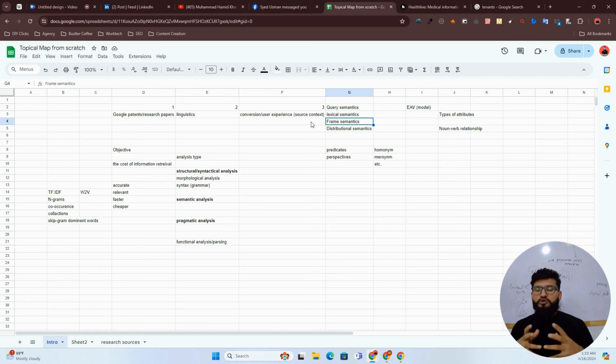Then frame semantics is about covering information and all the relevant concepts within a specific frame of information. For example, someone couldn't understand the word sell without knowing the concepts about money, transactions, buyer or seller. So in order to understand the concept of sell, he must know about money, transactions, checkout, etc., buyer, seller. So this is the whole frame that helps a person understand a specific concept.